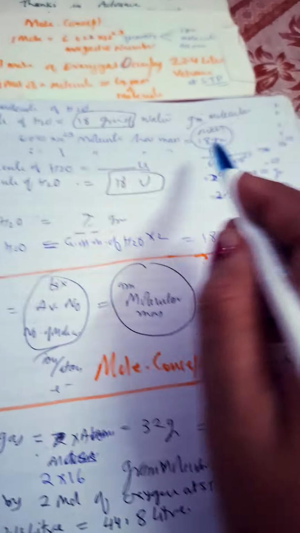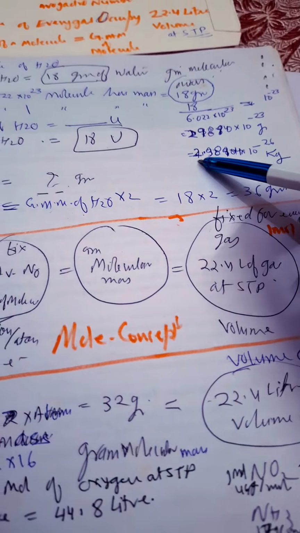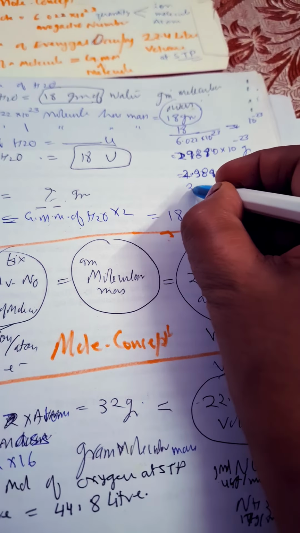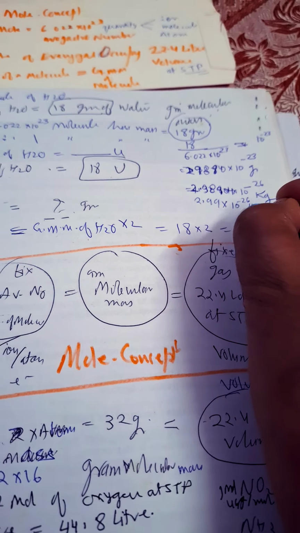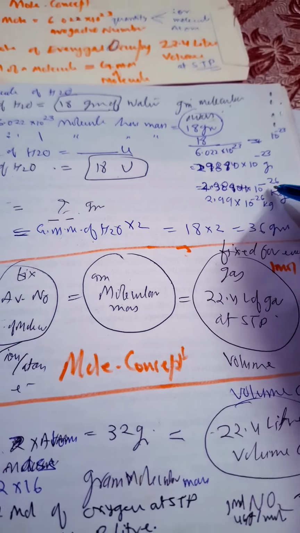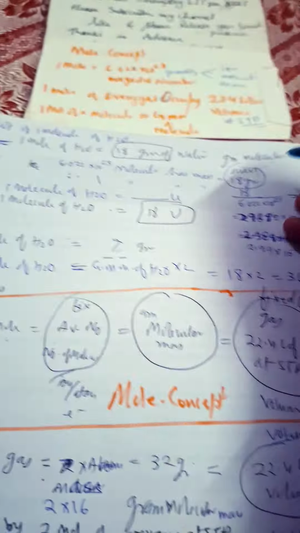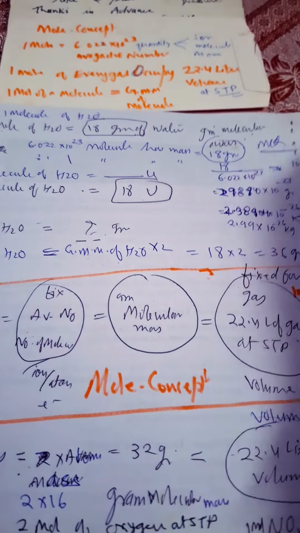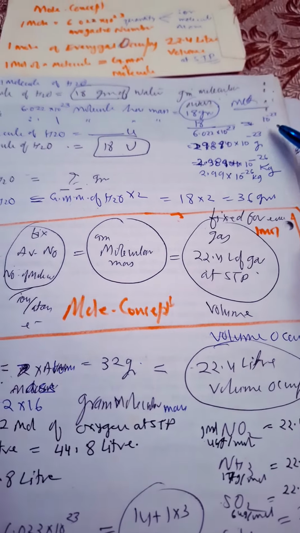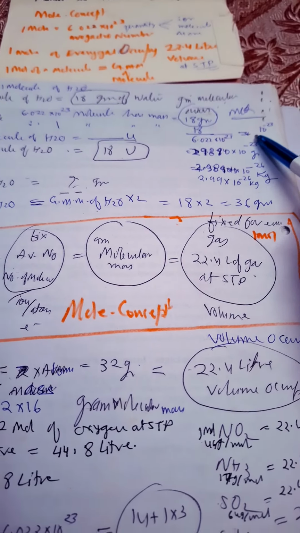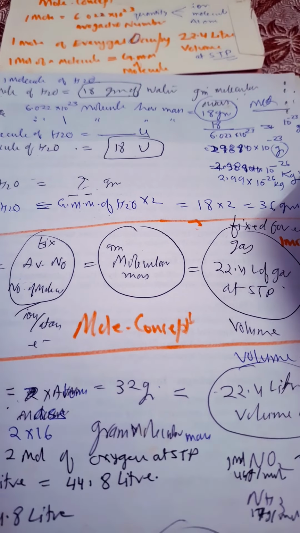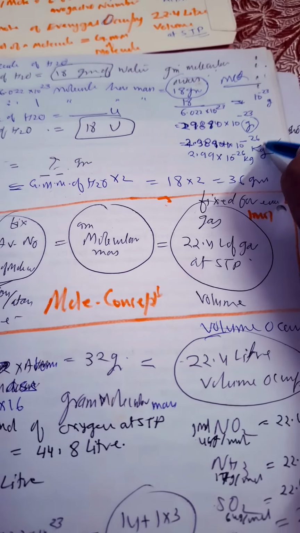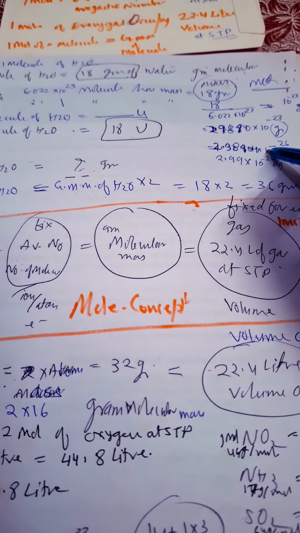So 1 molecule will have, calculate or simplify it, 2.989, or you can write 2.99 also, × 10^-26 kg. In terms of gram you can say, or in terms of kg. This is asked in MCQ. Many times it is asked in MCQ. Okay, so actually everybody is calculating in grams, but they are asking about kg. So only 30 here, minus 23 here, minus 26.